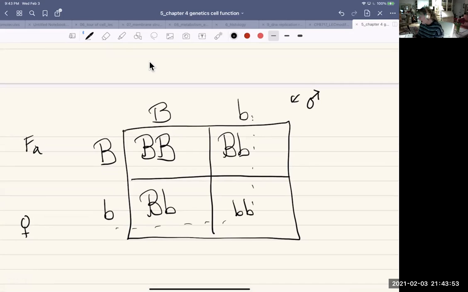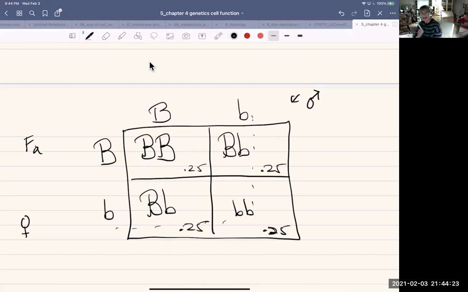So we've got 4 boxes. So what's the probability of getting any one of those? So there's 4 squares. What's the probability of 1 square? A quarter. Yeah, so 0.25, 0.25, 0.25,